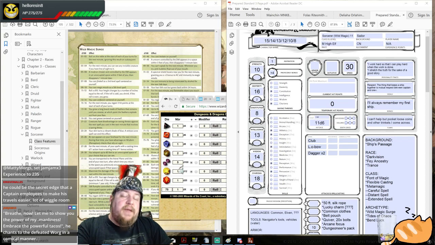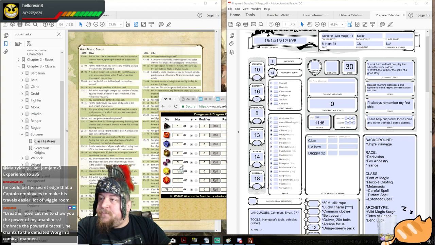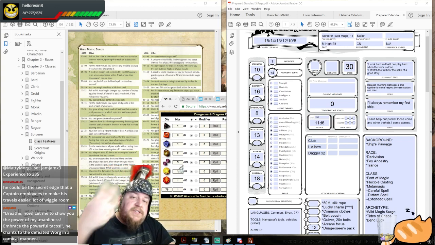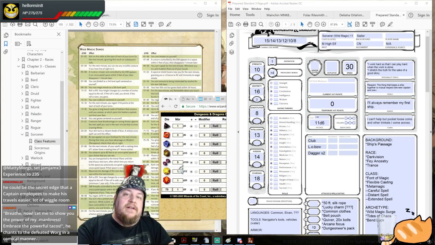I get what you're going for, Big Mike, and certainly keep thinking and let's theory craft this character into existence. He could be the secret edge that a captain employs to make his travels easier. A lot of wiggle room. And you know what we could even do, King, is make sure that one of his spells is Alter Self, and so he can make himself appear as someone else, so he can be, kind of as you say, right? He's the fresh new deckhand. Now, he knows how to do his job, but he's the fresh new deckhand, and he's going to try and keep people in line. Because a cabin boy, he is no longer. Pipes clean or otherwise, and if any of you get that reference, then...